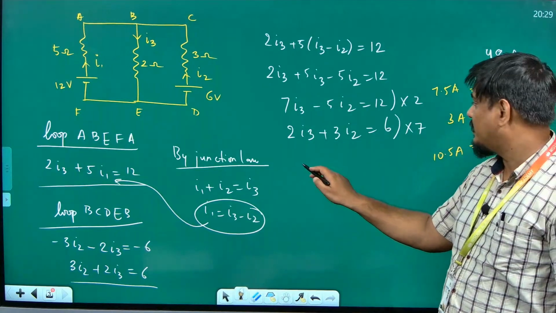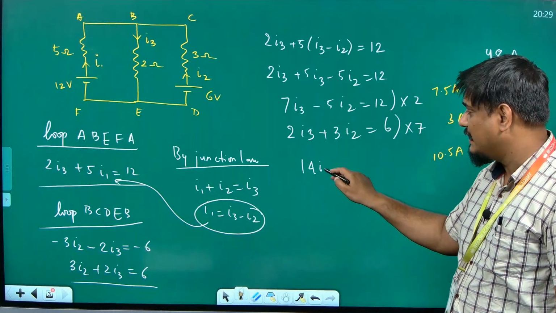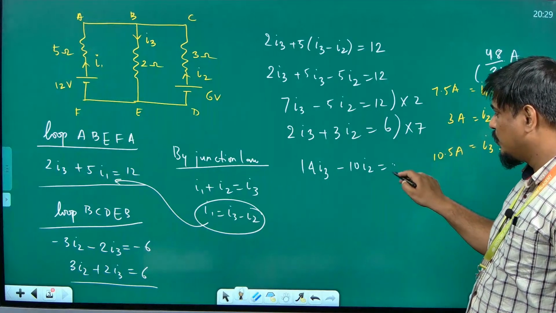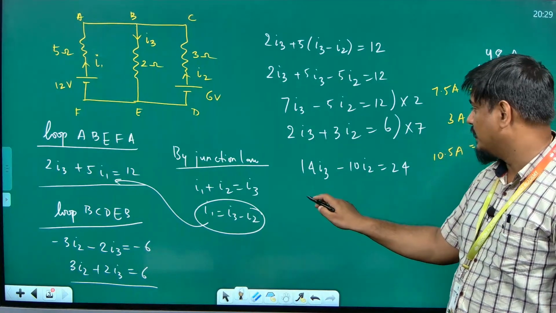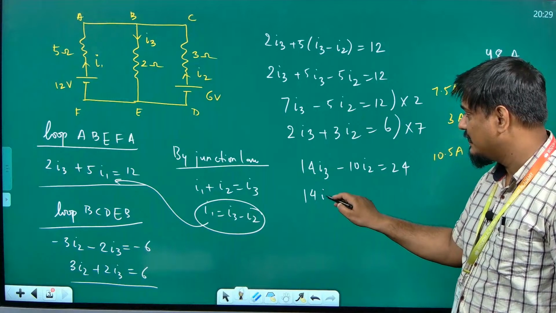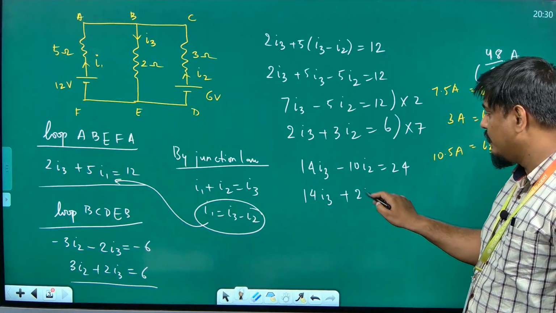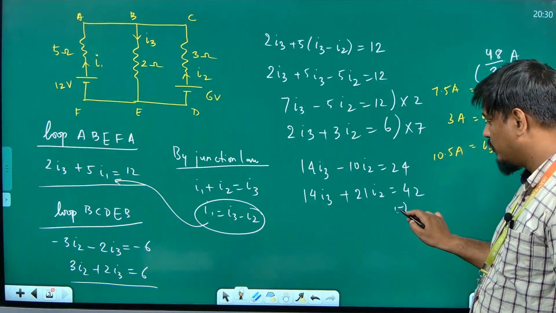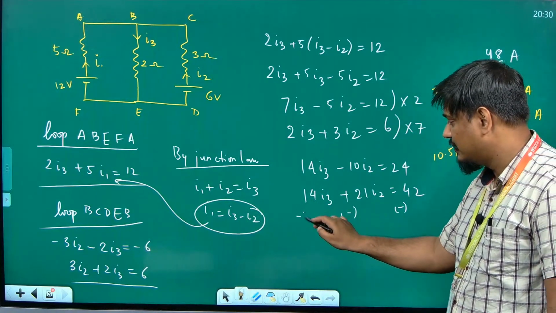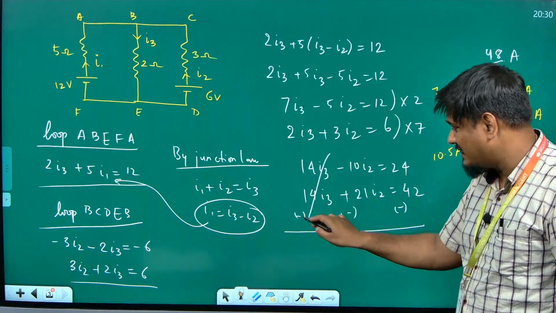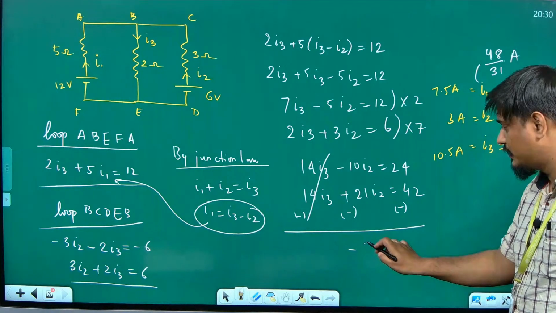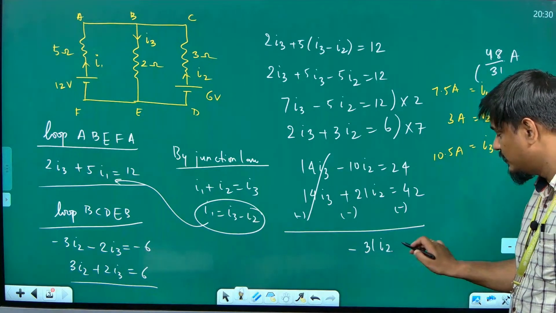So, I am going to get 14I3 minus 10I2 is equal to 24, and here I am going to get 14I3 plus 21I2 is equal to 42. Subtract both. These two will get cancelled and you are going to get negative 31I2 is equal to